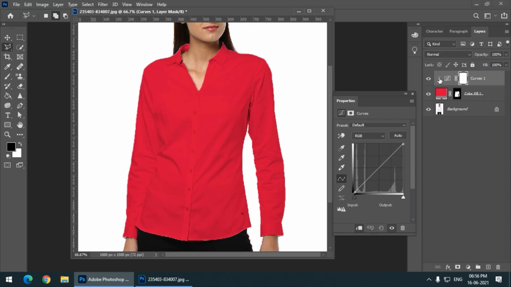This is connected to this layer, so it won't affect the background layer. Or you can simply press the Alt key, or Option key if you are using a Mac, and click in the middle of this. As you can see, this is a cross button, so this will remove the clipping mask. And if you again press and hold Alt or Option and click here, this will activate the clipping mask again. Or you can simply right click on it and turn off the option if you don't want it.